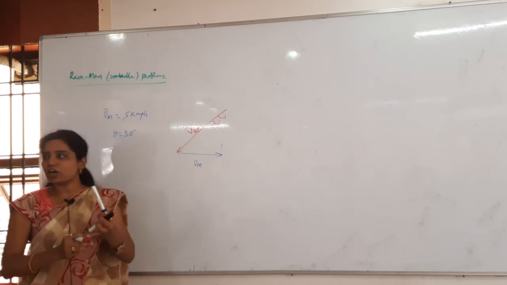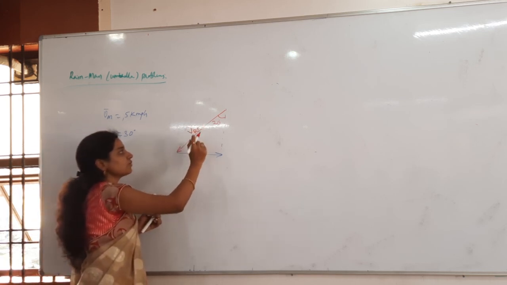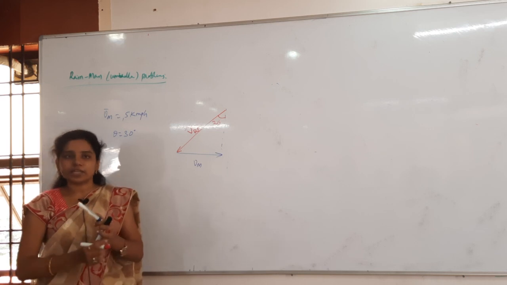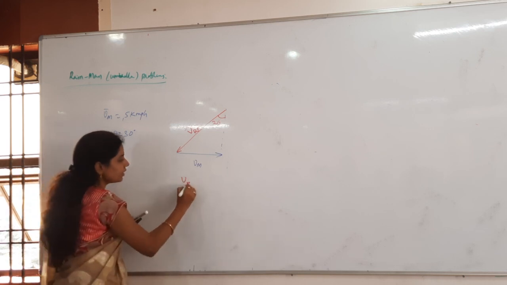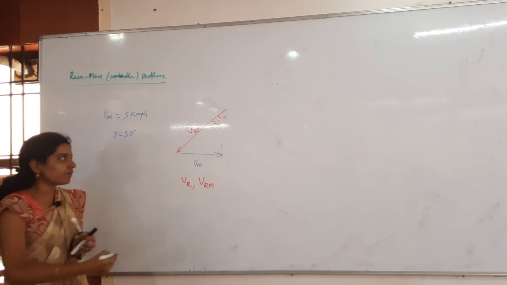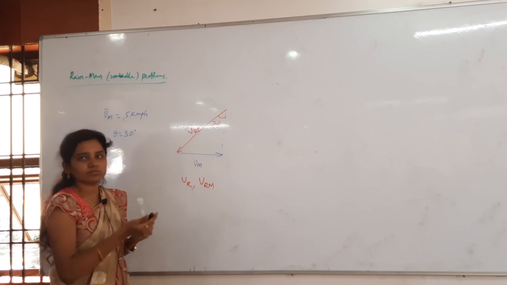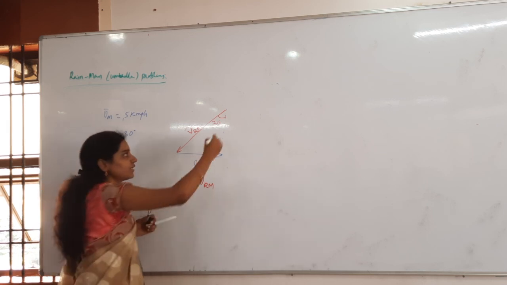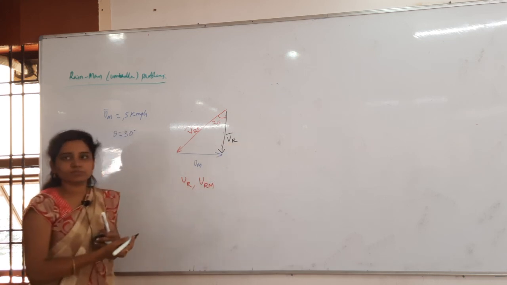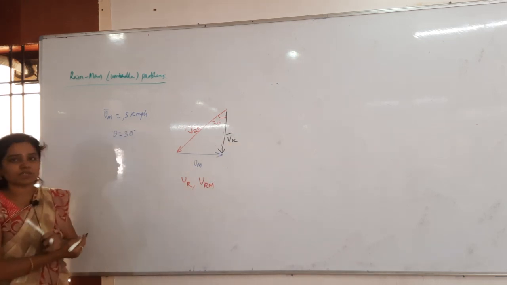So rain is the object, man is the observer. So velocity of the rain with respect to man is Vrm. Now what is the velocity of the rain and the velocity of the rain with respect to man, they are asking. Whenever the vector is there like this, where will the remaining vector be? Obviously in the vertical direction only. This is the Vr bar. Now you have to find out Vr as well as Vrm.